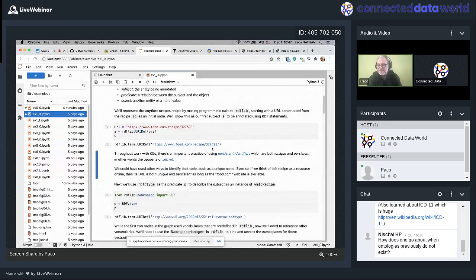These are called persistent identifiers. So this URL is unique. It has an identifier, which is both unique and persistent. And we can look it up somewhere. Some canonical store describes it. In fact,